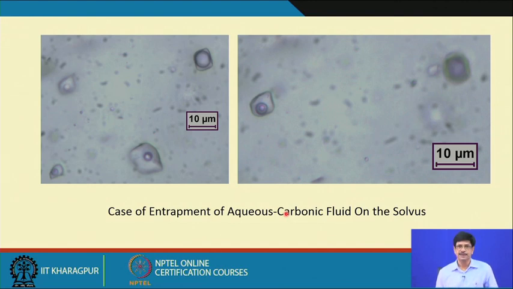Well, these photographs are showing the situation. On the left side photograph, we see an aqueous carbonic inclusion. It is occurring in its two phase condition. This is the liquid carbon dioxide and this is liquid water, and as you could see here, the one which is here is out of focus. On the diagram to the right, this inclusion is out of focus and this inclusion is in focus.